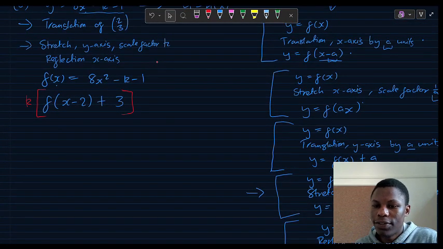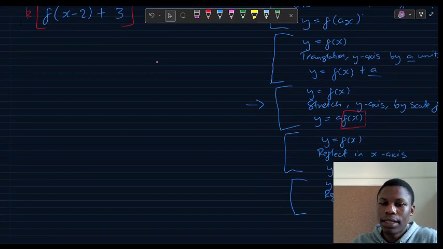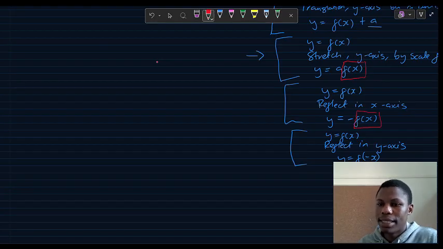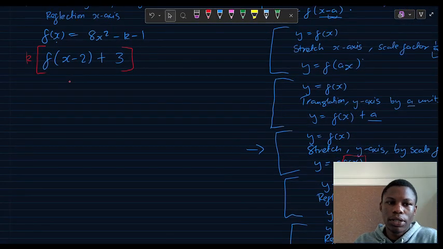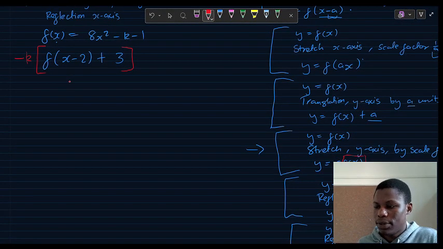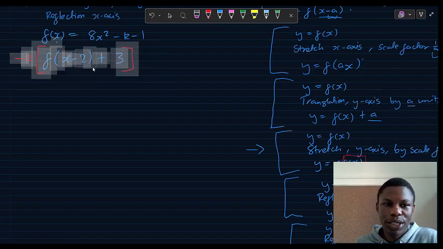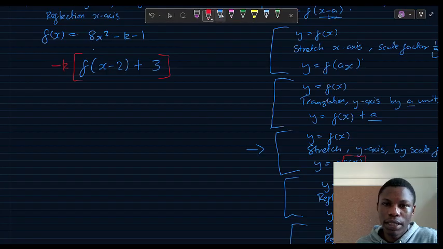And then we're given that we've got a reflection in the x-axis. A reflection in the x-axis makes our y values negative, so it multiplies your whole function and makes it negative. So this here would be an expression for h of x in terms of